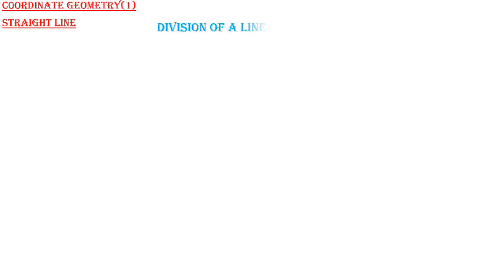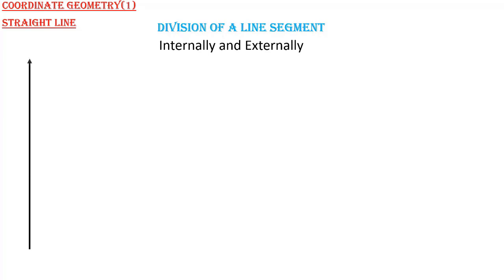times the difference between the x. Division of a line segment. We are still on a straight line. A line segment may be divided into a given ratio either internally or externally. So, to divide a line segment in a ratio m and n internally,